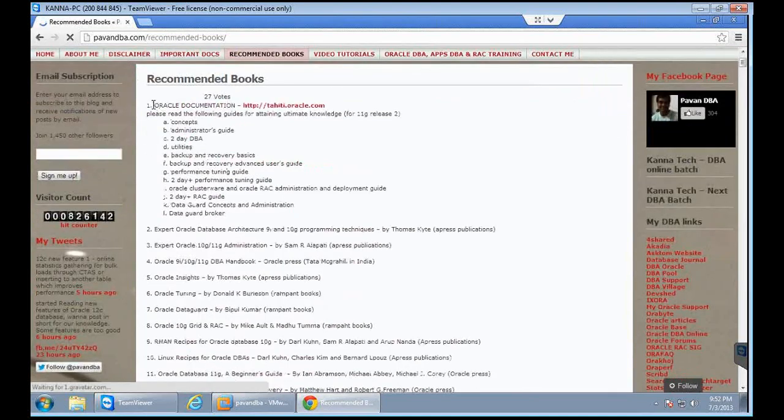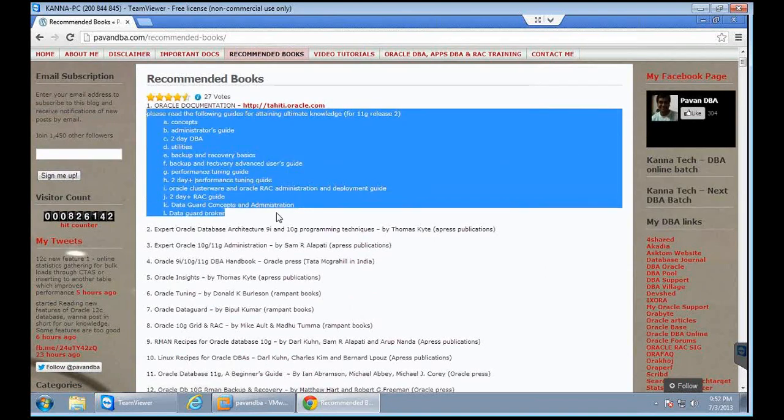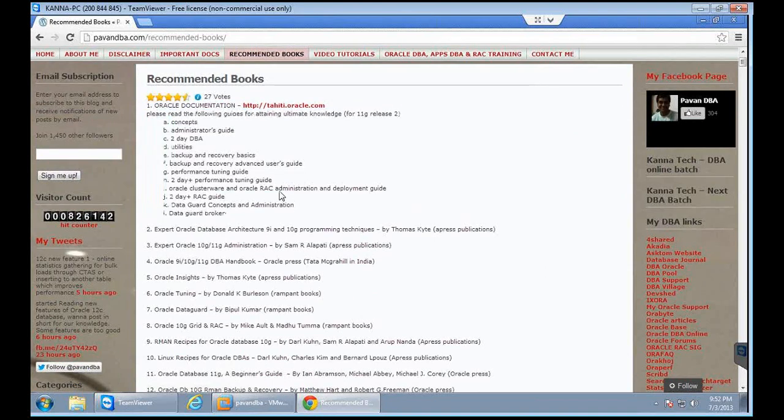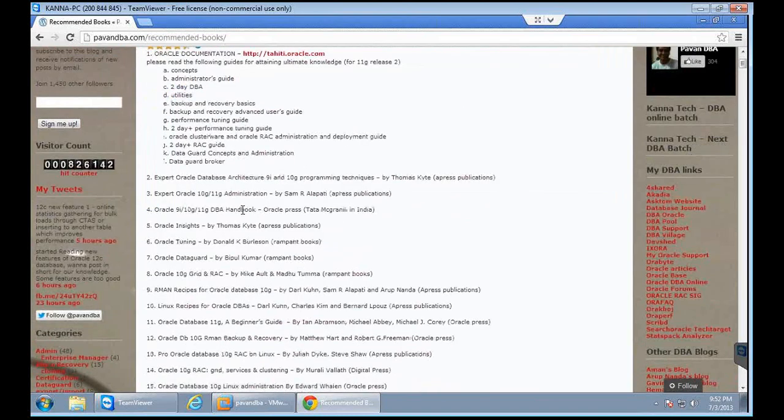So these are all the books. The first one is the official Oracle documentation. But if you start reading this, I think it will take ages to complete because it's not so easy to read all these books. So I am going to forward you a book.